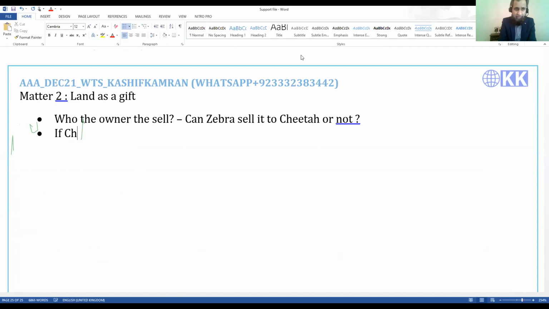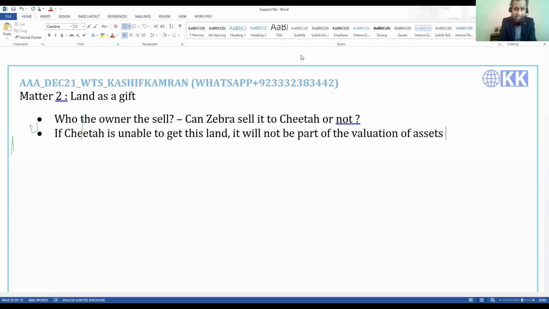So my concern here is, can Zebra sell it to Cheetah or not? If Cheetah is unable to get this land, it will not be part of the valuation of assets and liabilities. So you will not place any value on it. It will not be part of the valuation of assets and liabilities. And if Cheetah is able to get this land,